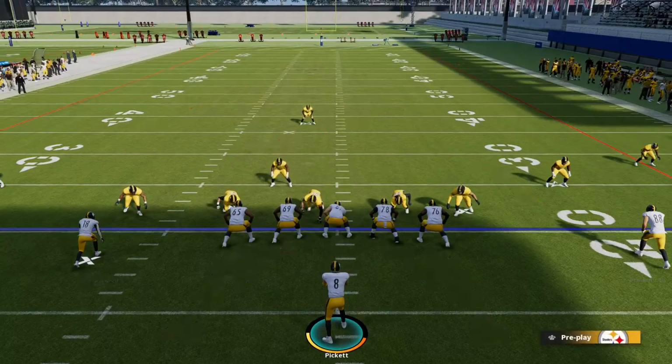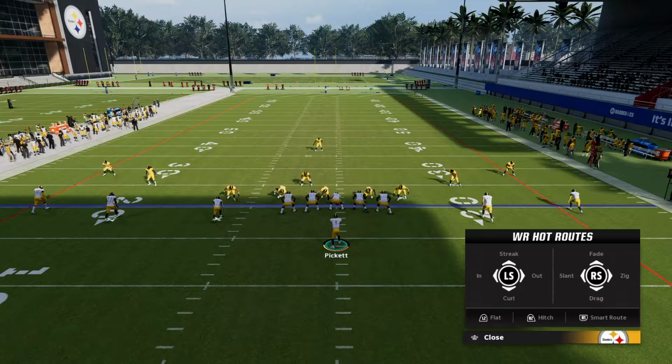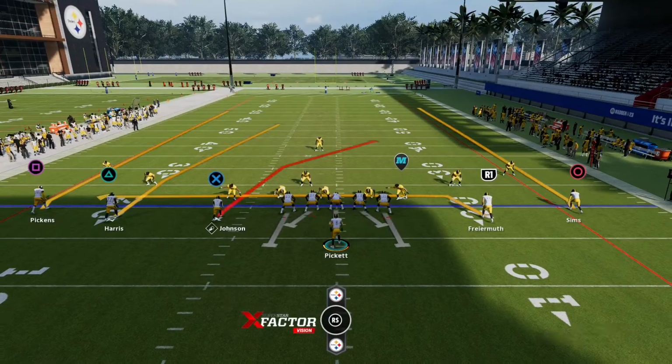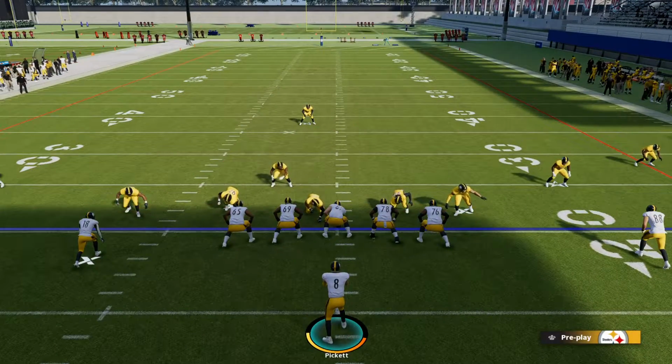We're going to hot route one of these guys on the right. And it doesn't matter who it is. The easiest guy in this situation with this play is just the tight end in the slot. We're going to hot route him to run a drag. So this accomplishes 3 things. First of all, if we do get man coverage,